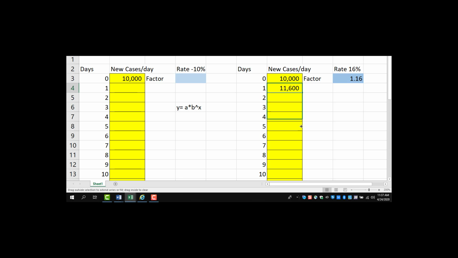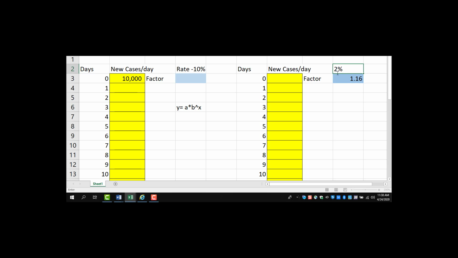So let me run this down for 10 days. Try it again. Run it down for 10 days. And you're seeing that the new cases are doubling about every 4 to 5 days. So it goes from 10 to 20 in 4.5 days, and then it goes from 20 to 40 in another 4.5 days. That's the doubling time of the virus, about 4 or 5 days for new cases. So they imposed lockdown,